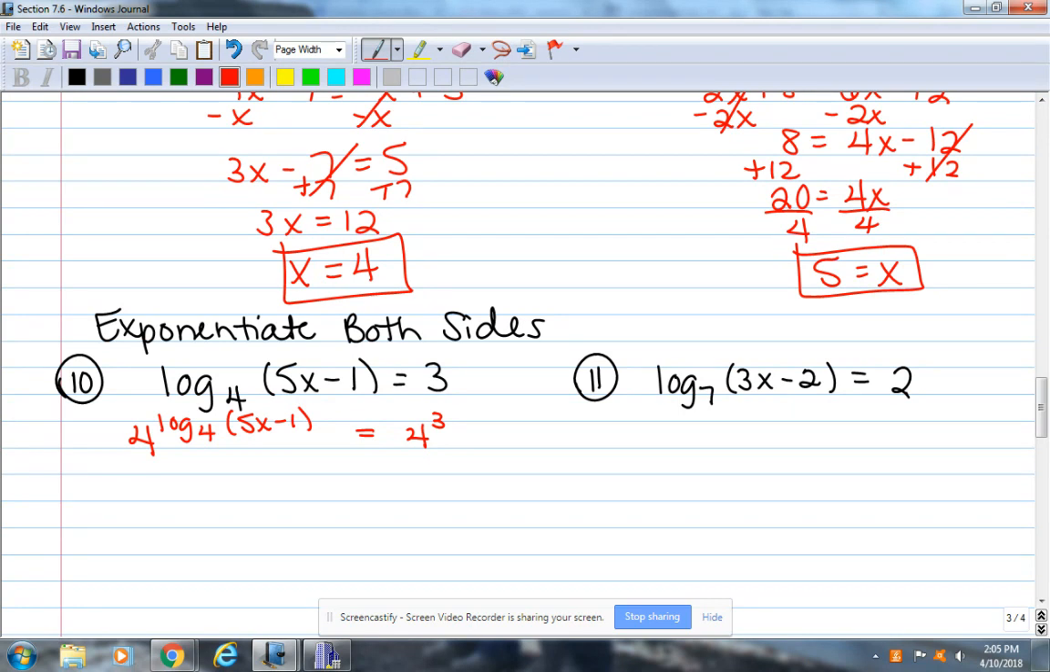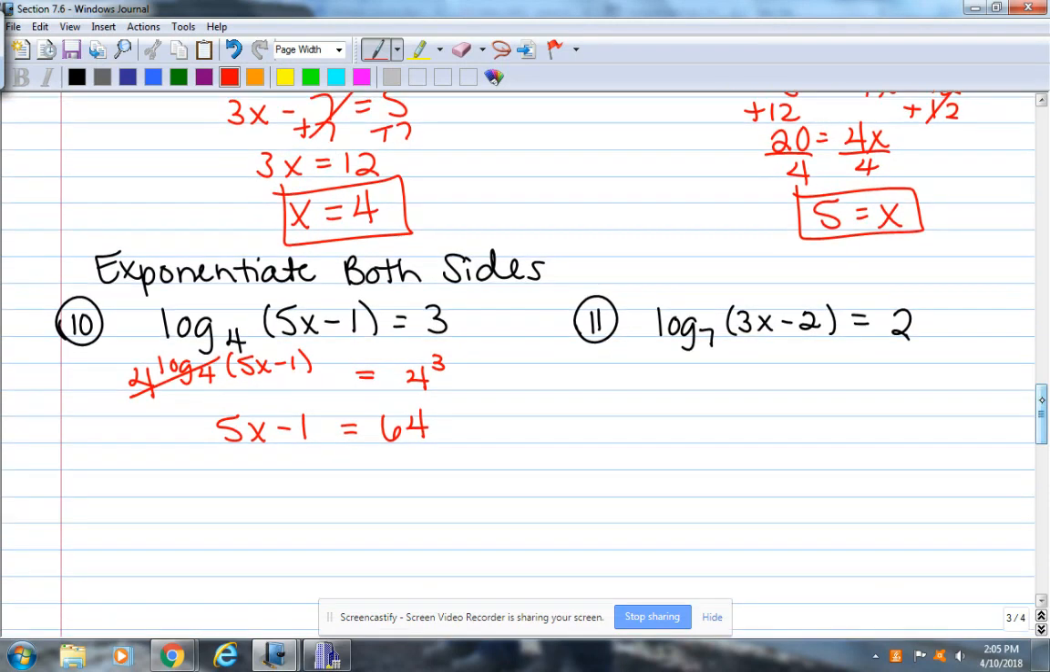Now what happens right here? Those cancel out. So that just leaves you the 5x minus 1 equals, what is 4 to the third power? 64. Your blue sheet tells you that. Your rooftop button tells you that on your calculator. And then you solve that for x. So how do we solve that for x? Plus 1. Add 1 to both sides. So 5x equals 5. And x equals